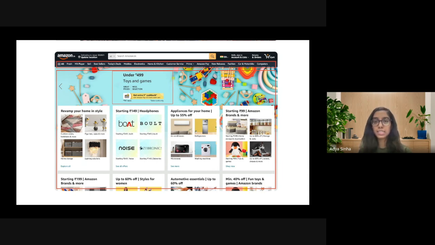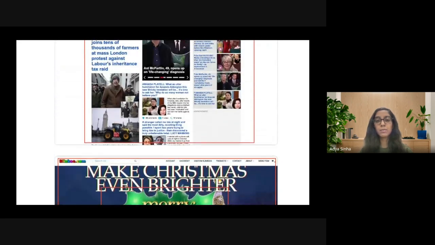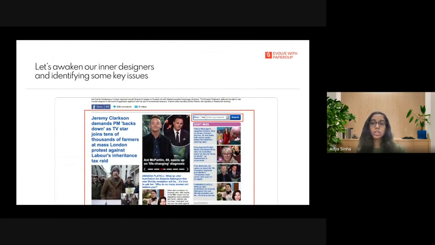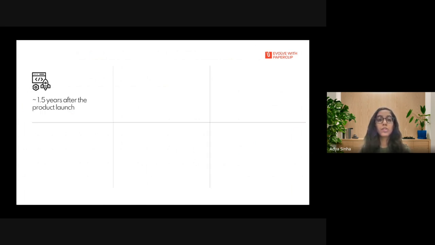So, with this insight, now that we have learned how to find some issues, and we have also looked into some of the reasons to conduct a UX audit, let's move on to one of the most frequently asked questions, which is when to conduct a UX audit. Let's look at some of the instances where conducting a UX audit could be beneficial. First, we'll start with after